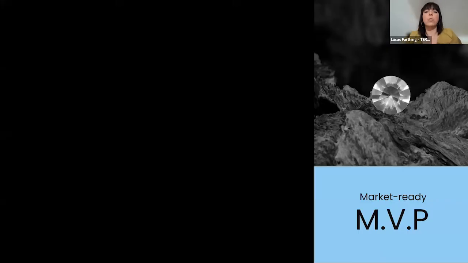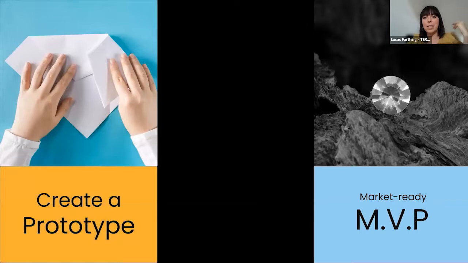Right? So now that you have an MVP idea, it's time to make a prototype. Because your MVP idea is not the same as your market ready MVP. So it's not the same as the MVP that you will launch out into the market that is ready to be created and launched to the actual customers. First, we need to create this prototype. It's like a model. It's not the real thing. It's a representation of the real thing. It's a sample. And we're going to test that model version.